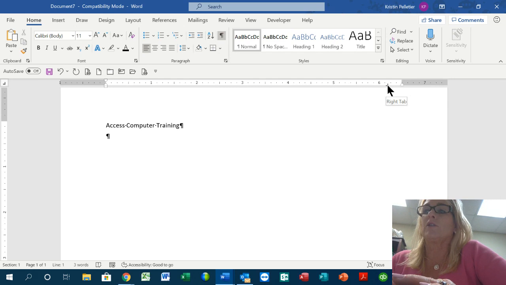Now I'm going to go back over to it, hover the pointer of my mouse on top of it. When I see right tab pop up, I know I'm on it. And now I'm going to left click hold, and I'm just going to drag it and drop it on top of that right indent marker. So now I know I'm right at the margin. Now I can tap my tab key,